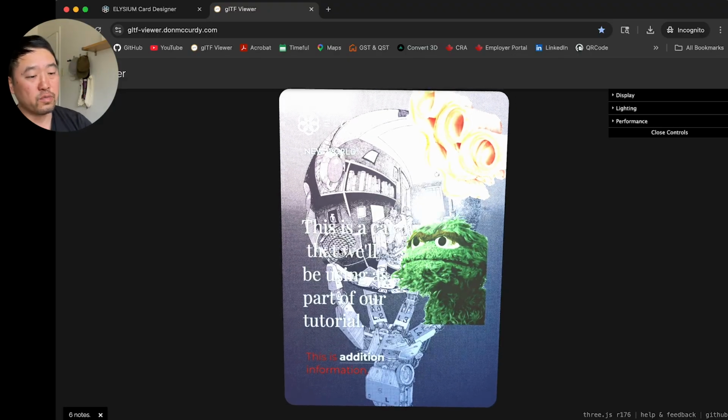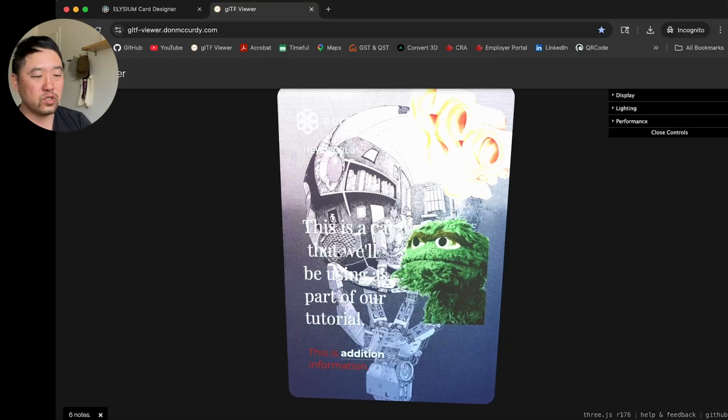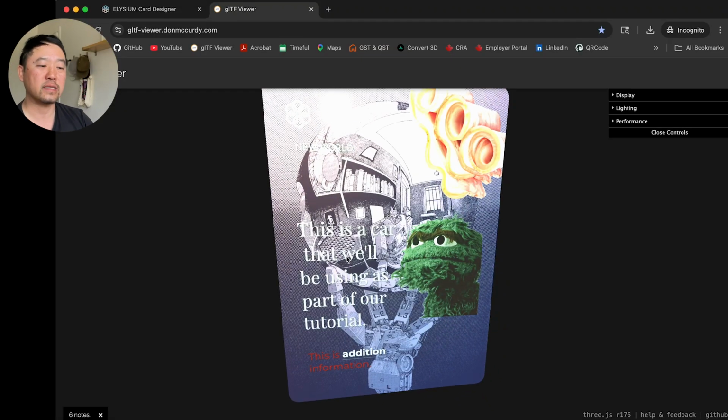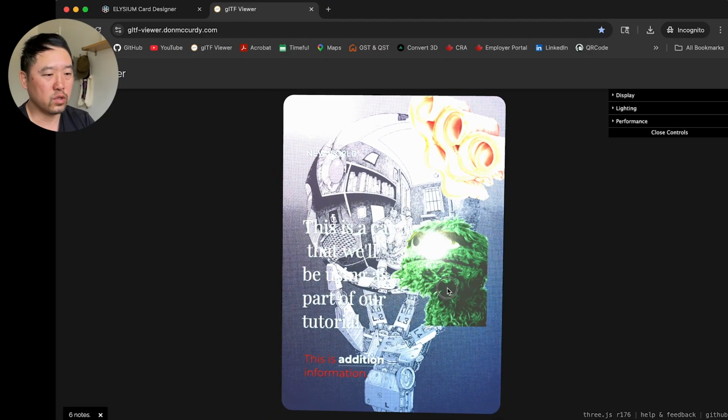So that's super cool. It's really interesting, but it has to do with the way the card is rendered. It's not something that's on the card itself. So this is a good way to test whether the item that you've chosen looks the way you want, right?